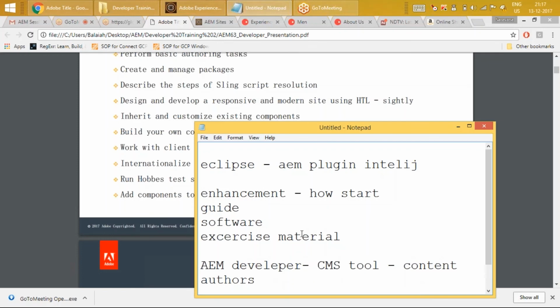In case of Mac users, they go for IntelliJ. I have not seen anything outside these two tools. The majority use Eclipse or IntelliJ, nothing more than this. The reason is that the Adobe guys developed a plugin for AEM, and that works well with these two tools. So industry follows this practice. We'll learn how to use Eclipse.